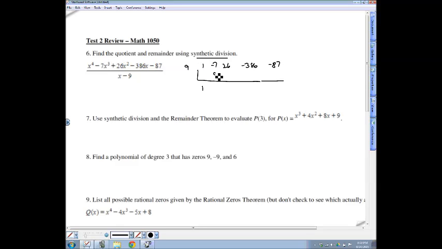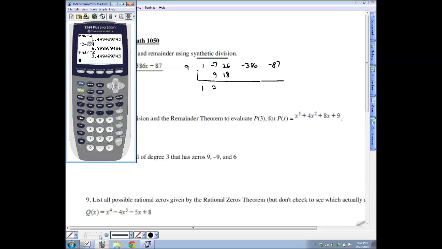1 is 9, add the numbers on the inside, 9 plus negative 7 is 2, 9 times 2 is 18, 26 plus 18, it's going to be 44. It's never a bad idea though on these tests to check your math. So 26 plus 18,